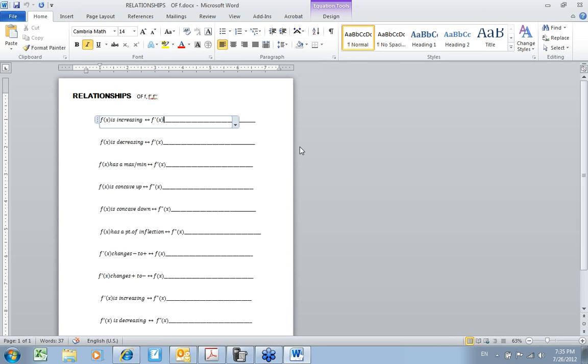So we take some time to fill this sheet in, and then maybe we do one more working forwards, and then probably their assignment would be a couple pretty easy ones where I give them the derivative and ask them some questions about the original. There are a lot of little card games out there where you can do matching activities, where they have to figure out which one's the function, which one's the derivative, which one's the second derivative, and play a matching type game.